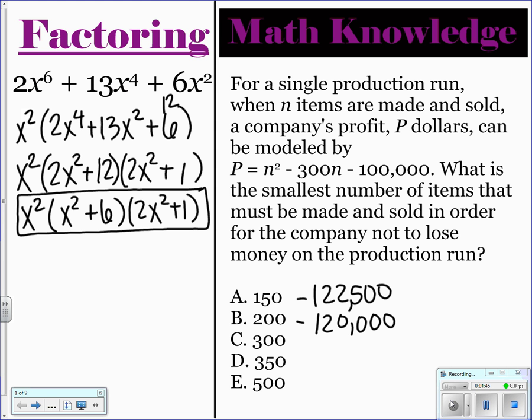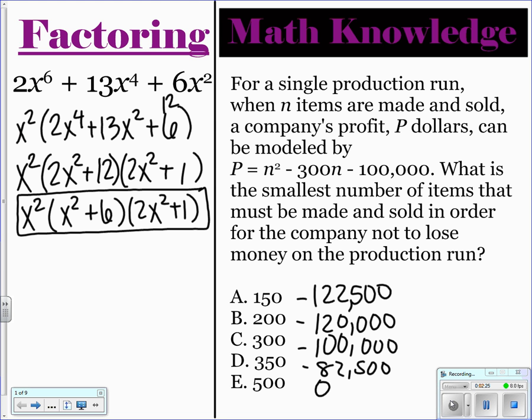If you plug in 300, you should get negative 100,000. If you plug in 350, you should get negative 82,500. And then if you plug in 500, you get 0. And so what is the smallest number of items that must be made and sold in order